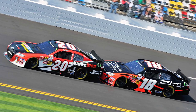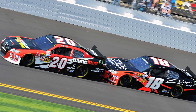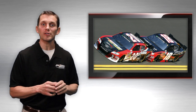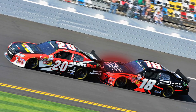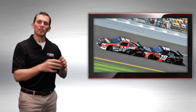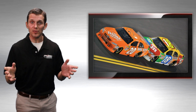Think about the two-car draft. At Daytona and Talladega, you have two cars locked in tandem. The car in the front has got plenty of air getting to the radiator and the oil cooler. His temperatures are normal, about 200 degrees, while the car behind is getting a minimal amount of air to his oil cooler and radiator. His temperatures can be as high as 300 degrees. But every few laps, they trade positions. With these wild temperature extremes, from the car leading to the car behind, of over 100 degrees in some cases,